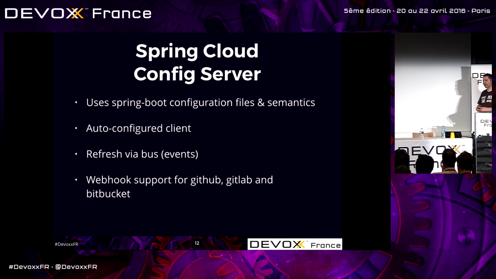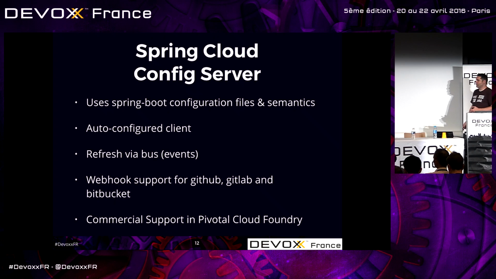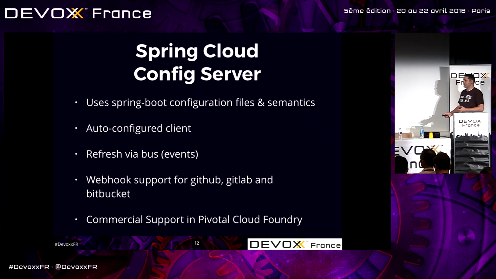So that's one of the reasons we went with a version control system like that, because of all the benefits you get. At Netflix, they don't have it backed by Git. They use a database. So they had to build all the versioning and security into their API that fronts their database. So that's one of the difficult things about using a database. Another nice thing about this is we do have commercially supported and managed config server in Pivotal Cloud Foundry.